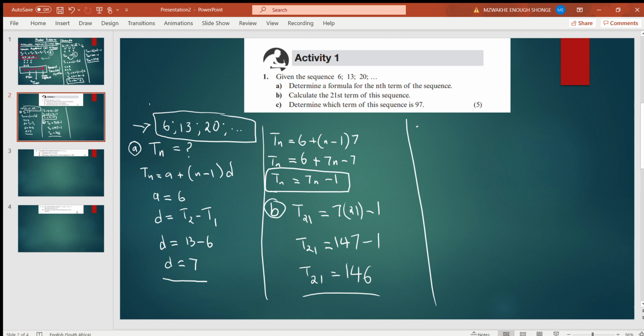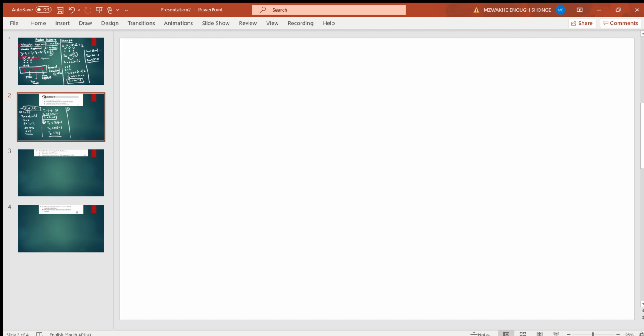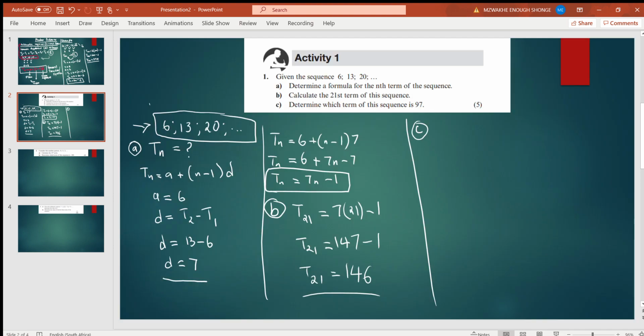Number C, they're asking, determine which term of the sequence is 97. Now this question is very important to understand. They are asking which term of the sequence. When you are asked which term of the sequence, know that you are looking for your n. It means they gave you that Tn is 97, and you have to find